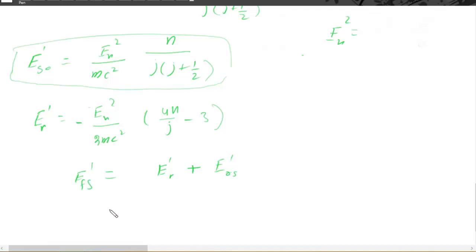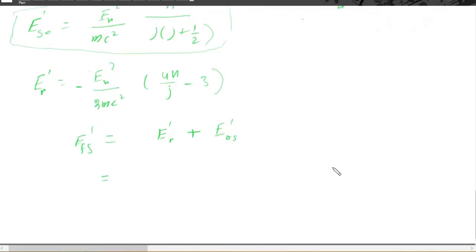Okay, then we can put the value of this here: minus E_n squared divided by 2mc squared, and 4n divided by j minus 3, and then plus E_n squared divided by mc squared, n divided by j into j plus 1 over half. We can put this value into these equations. Okay, now we simplify these equations,